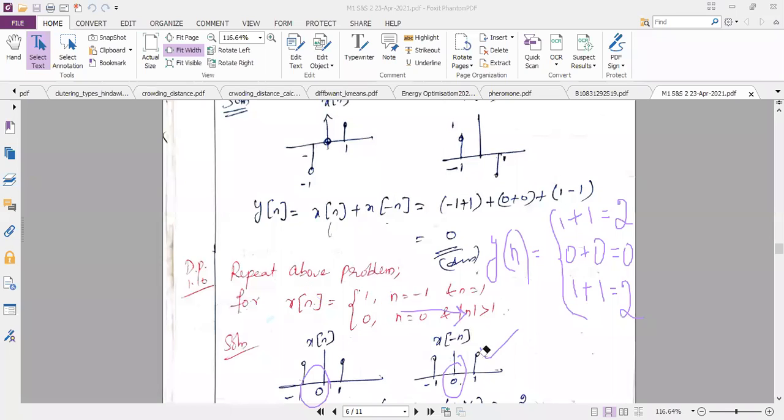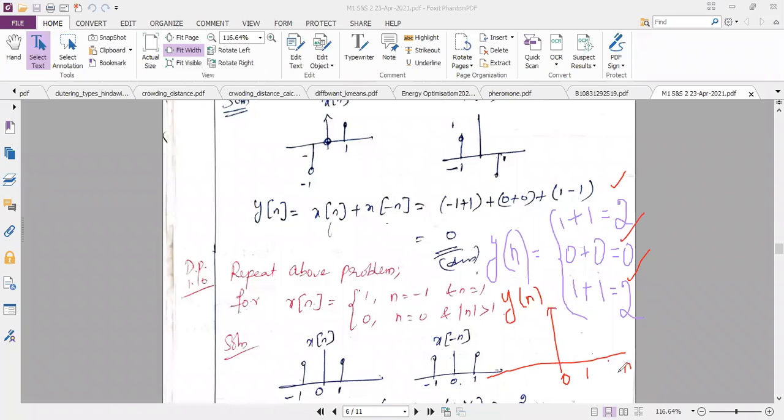Sometimes they may expect your output also in terms of a graph. So shall we draw the graph by ourselves? How to draw the graph for the output? Can I just draw the x-axis and y-axis? The x-axis is n and the y-axis is y of n. It is not sufficient to find the output y of n in terms of just numbers. We should plot it also. Nothing difficult in plotting it, so we will just plot it now.